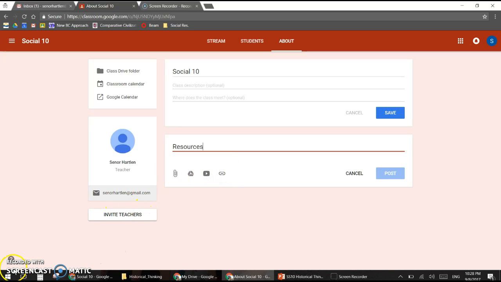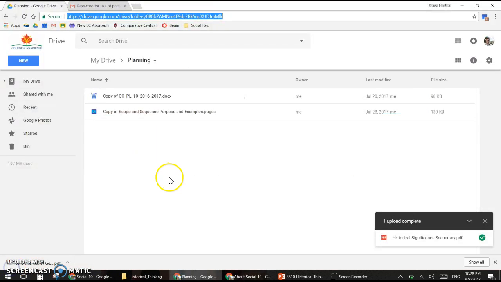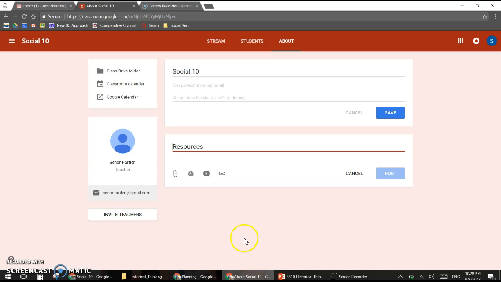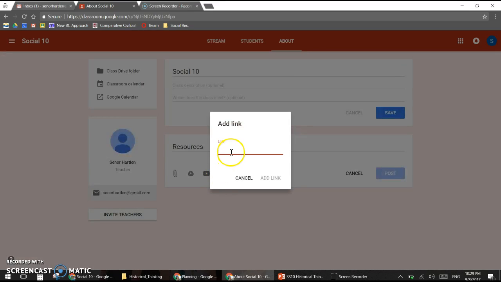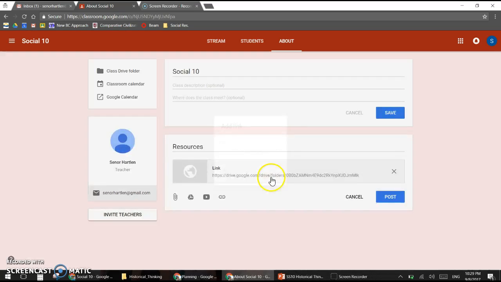So here's an example of a folder I want to share. I have just copied and pasted, I've copied the URL of the folder within Google Drive. It doesn't necessarily have to be a Google Drive link. And then you go add link. And what that will do is it'll make a generic link to Google Drive. And so if you click on that,